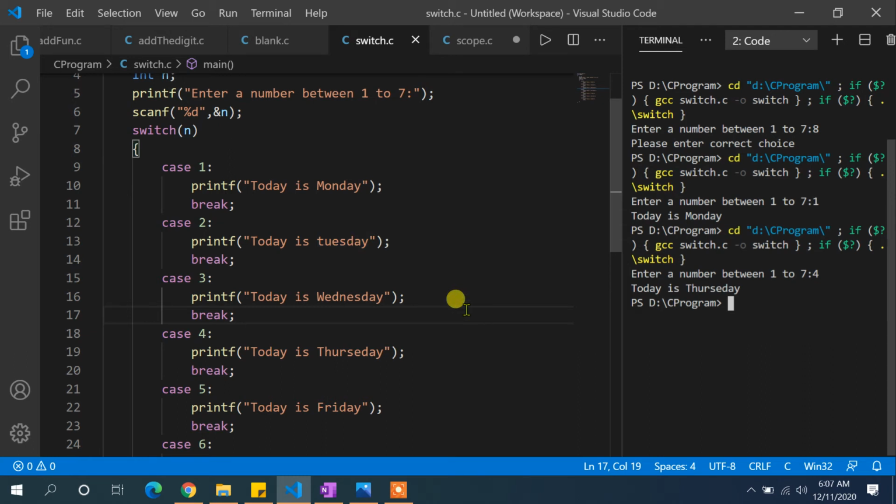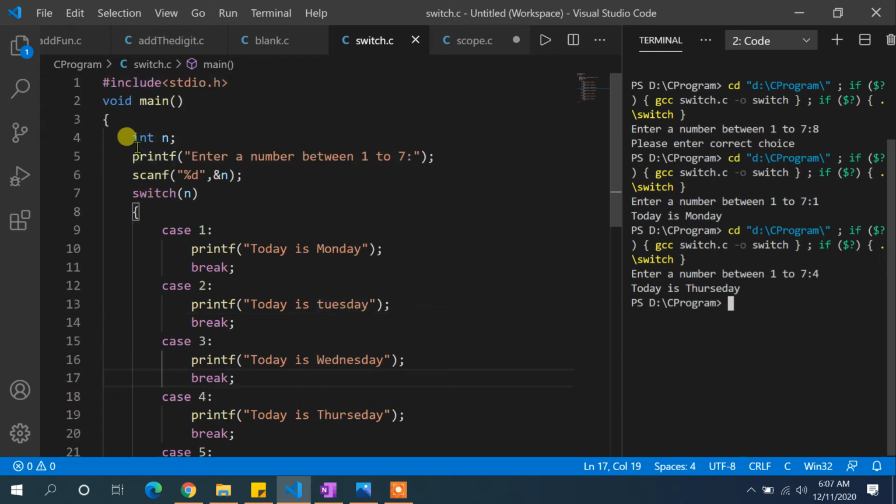Okay, so these are the different concepts you need to understand while you are discussing switch. Lots of programming questions may be asked in your examination by changing the case numbers, default case, everything, so you need to be very careful about that. So this is all about the tricks and techniques of the switch statement, and we are going to solve another problem in this part 2 video. That problem will be choosing an operator and performing that operation as in your if-else ladder. So let us solve that problem.